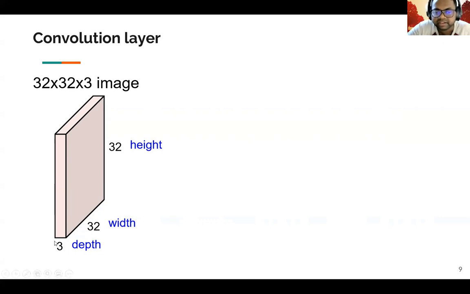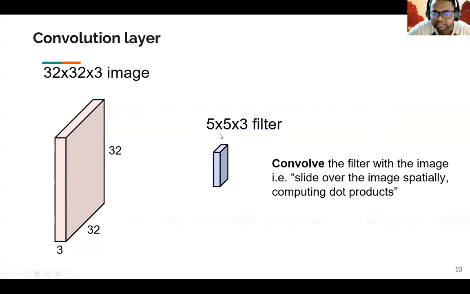Now, for this kind of structured grid of XYZ, you can define all kinds of convolution operations. So once you have this kind of an image, what does a convolution layer mean? In a convolution layer, you take a filter, which could be a 5 by 5 filter or a 10 by 10 filter or any kind of filter, obviously smaller than the size of the image you have.